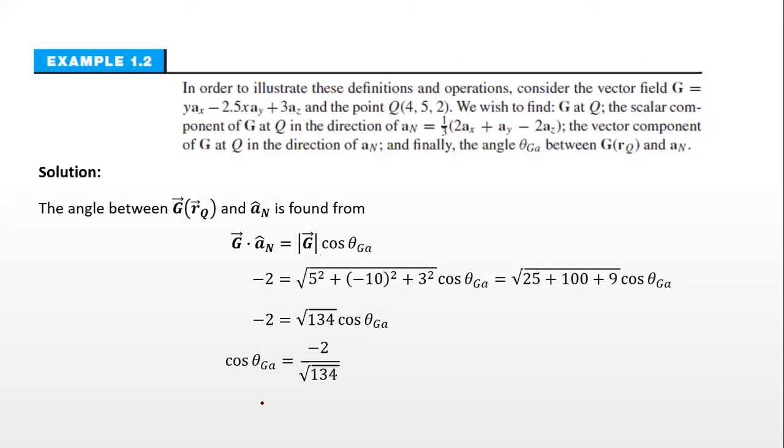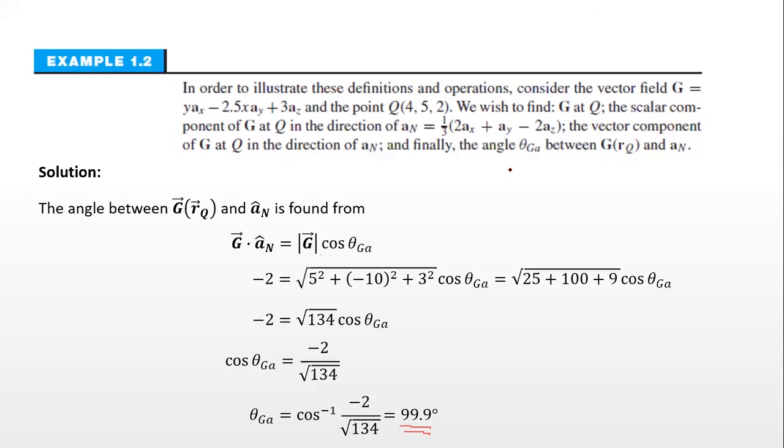If you want to find the angle, you take the cos inverse of this. If you find the cos inverse using your calculator, you'll get the angle as 99.9 degrees. You have to keep the calculator in degree mode. If you keep it in degree mode, you'll get the angle as 99.9 degrees. So this is a way you can solve any problem with respect to any vector field and the scalar or dot product. We can also use it to find the angle between two vectors, and to find the scalar component and vector components of a particular vector in any given direction. So this is about the scalar product or the dot product.